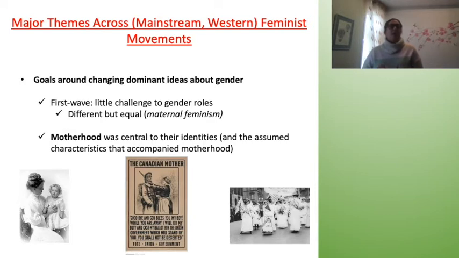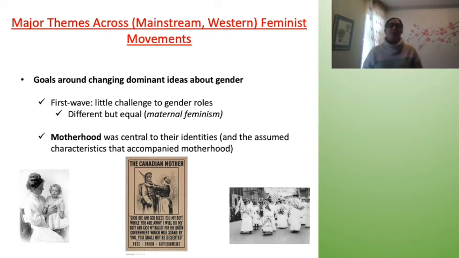A difference between men and women is that women could claim all of these qualities and characteristics associated with motherhood. So they were constantly defending motherhood and marriage within their activism, right? That these are ideal roles, and as mothers, women would make good decisions if they're involved in politics. And this was part of the push for rights.